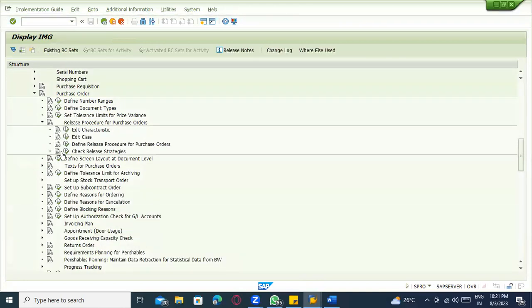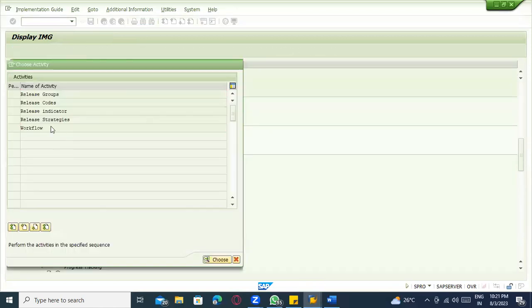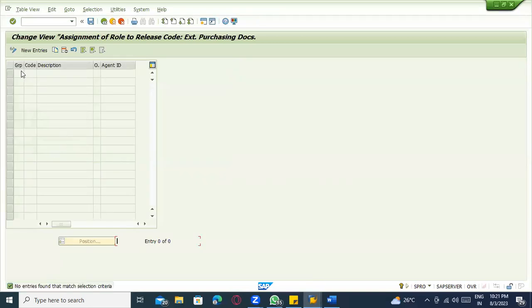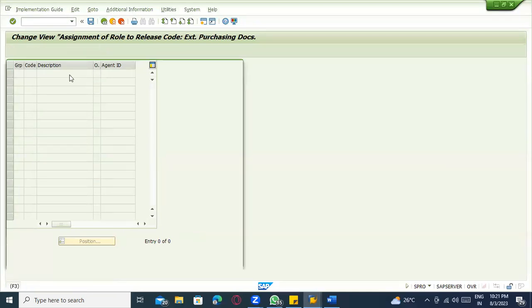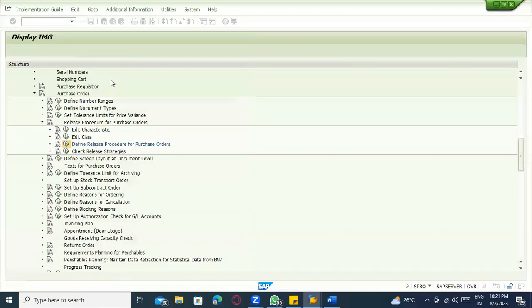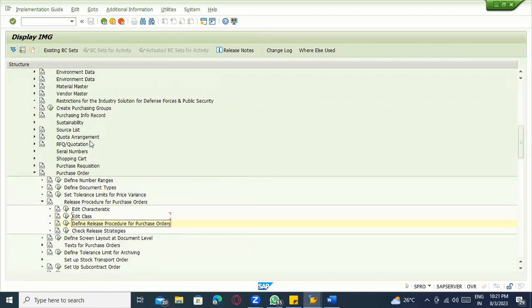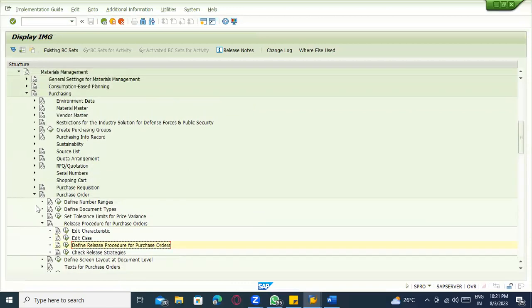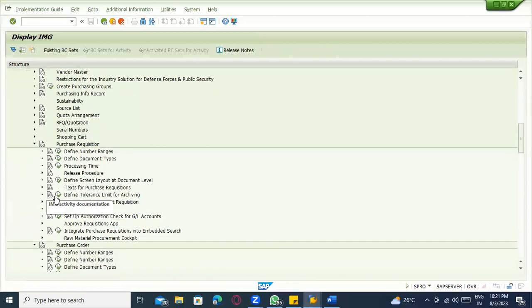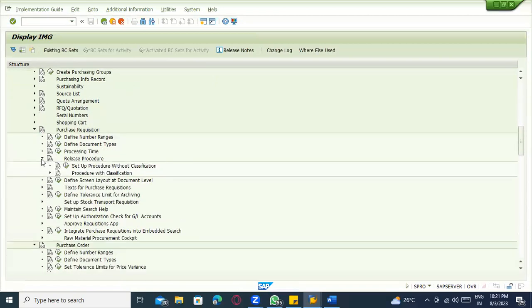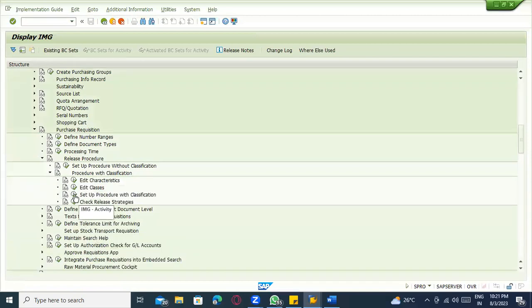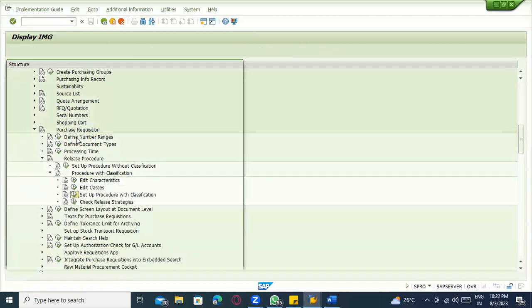If I just go to release strategy, what will happen generally is I will be maintaining my workflow here. Here you're maintaining the group and code and organization, right? If you do it for the enhancement, you can write that I just need to justify that the persons are different. In that case, you can go with the same strategies, but the roles will be assigned to different persons.